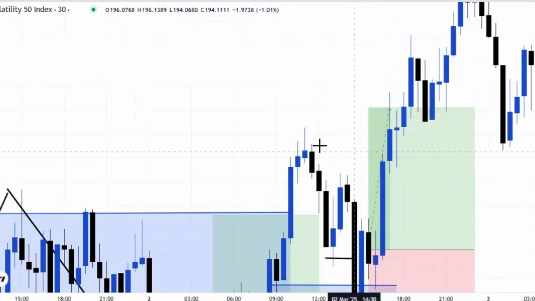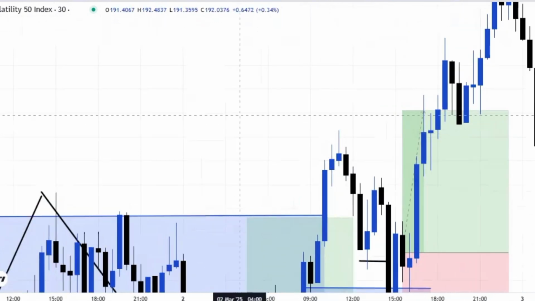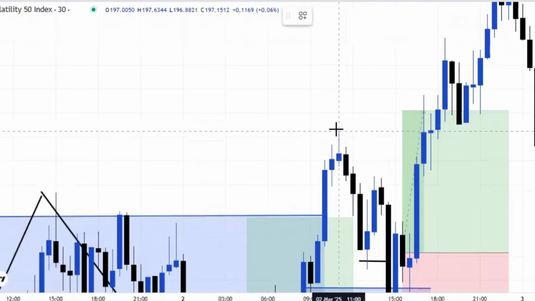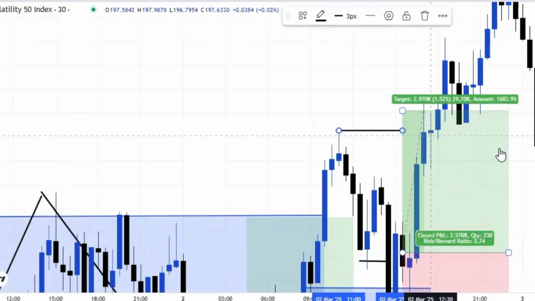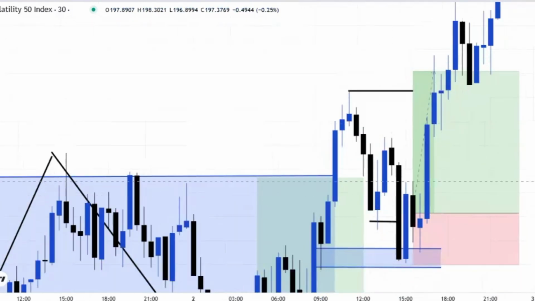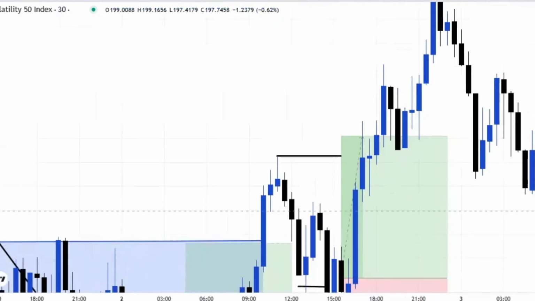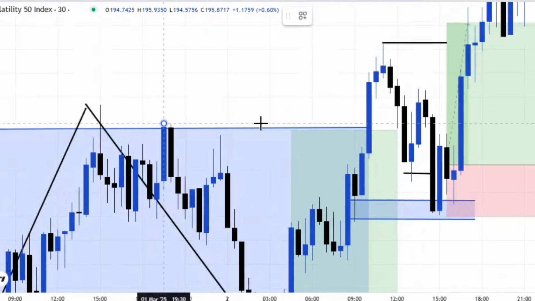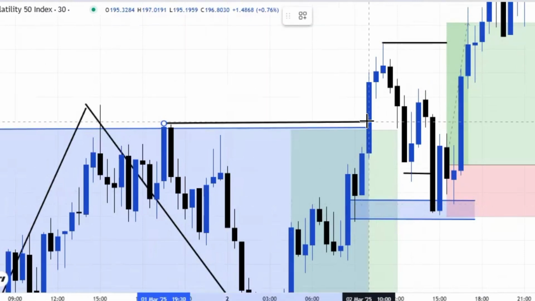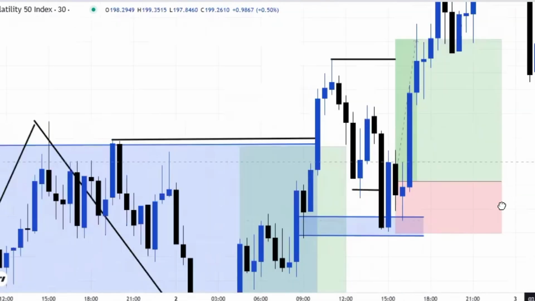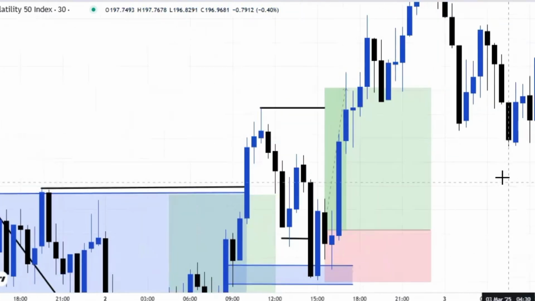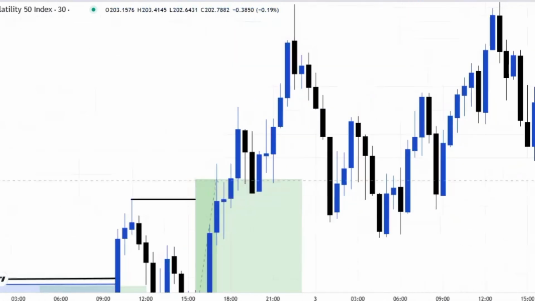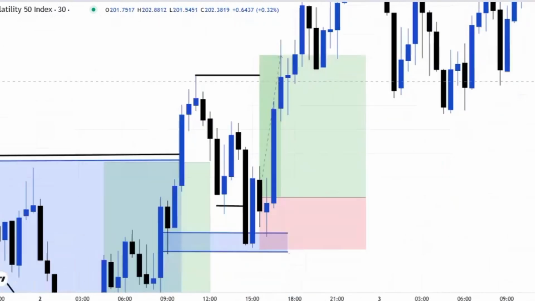But now we saw a break of structure. You can now see, guys, this is a valid break of structure, and you see that the market now started creating the bullish structure. This too was also a break of structure, where our TP was. So from there, the buyers started moving, and the market started dishing out their buys.